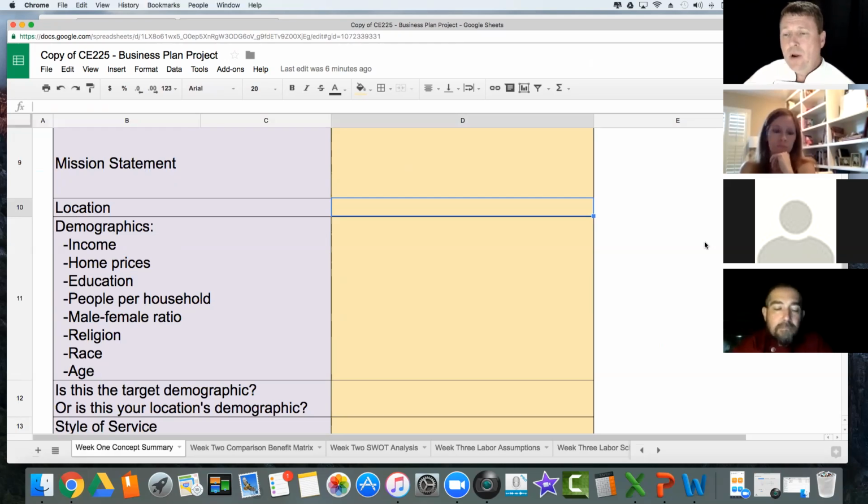And then underneath there, it says, is this the target demographic or is this your location demographic? So let's say us people up here in Colorado, we have quite a lot of people that move here. We have quite a lot of people that come here on vacation. For example, if you're by the beach somewhere and you're at destination beach, people from the inland might come out and spend time on the beach.